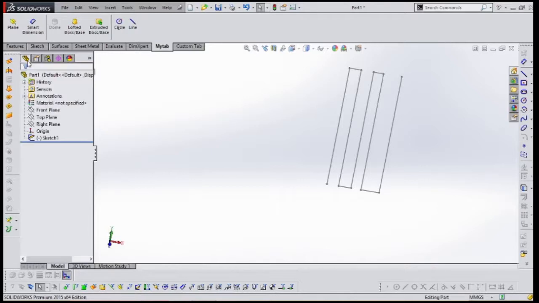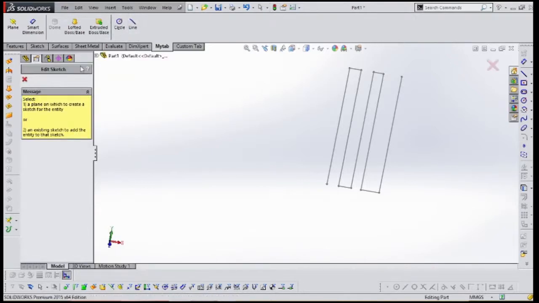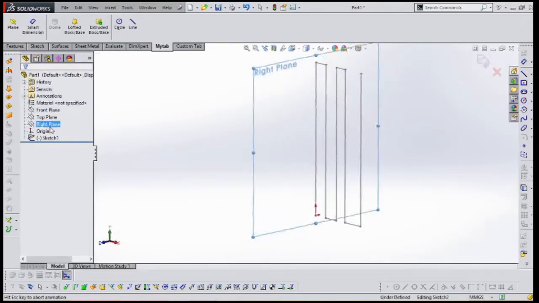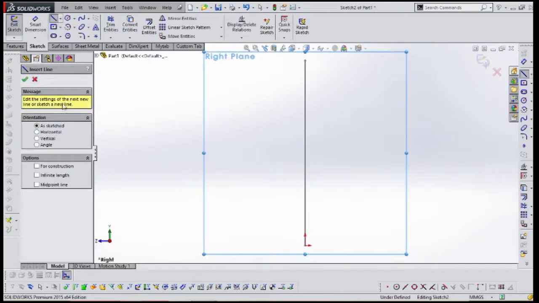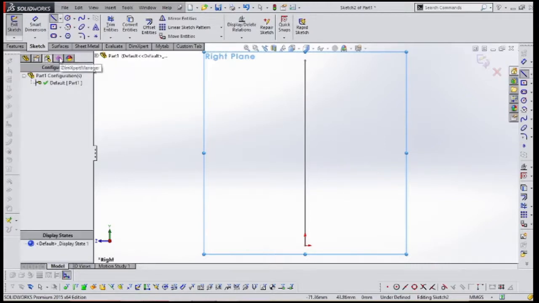For example, when I select a line, it automatically came into the property manager. Suppose I select this plane, it has come into the property manager. Here you also find some other options: configuration manager, dimension expert manager, and display manager.